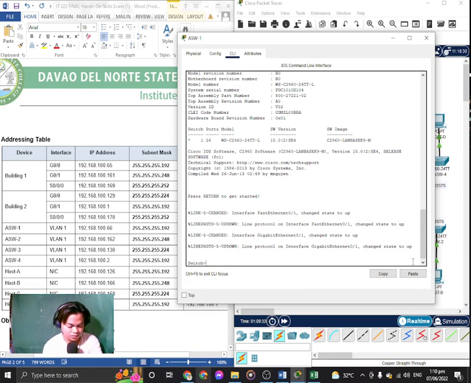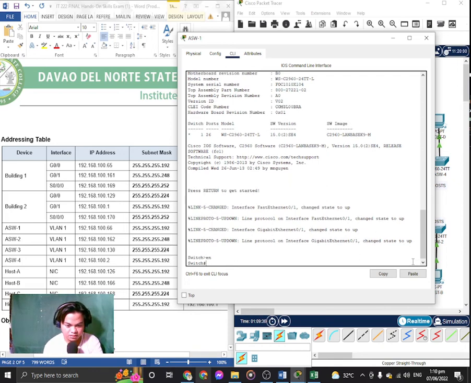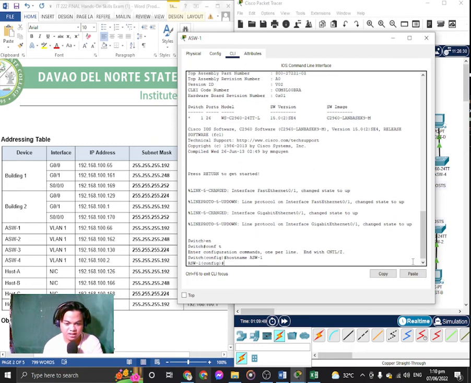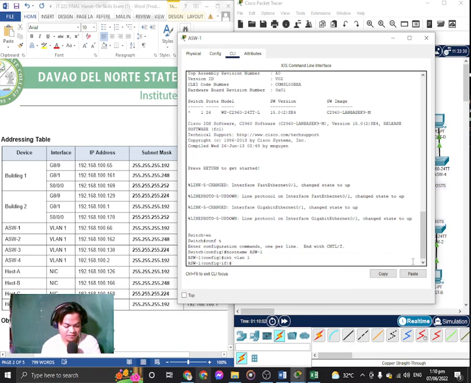Ano dito? Enable, config terminal, hostname natin, lagyan siya ng hostname. Hostname niya is ASW-1, and then interface VLAN kasi yun, VLAN 1, di ba? VLAN 1 and then IP address ba? Sunod, IP address,